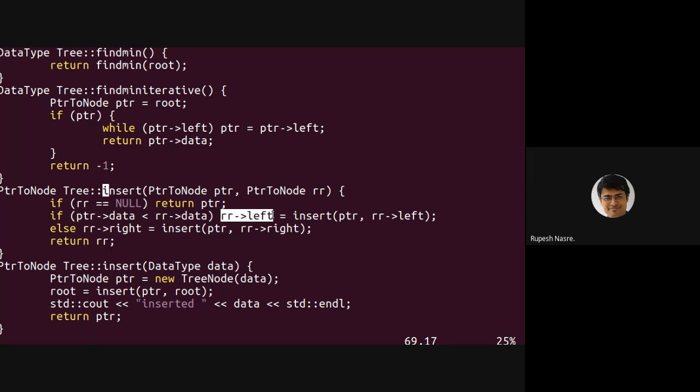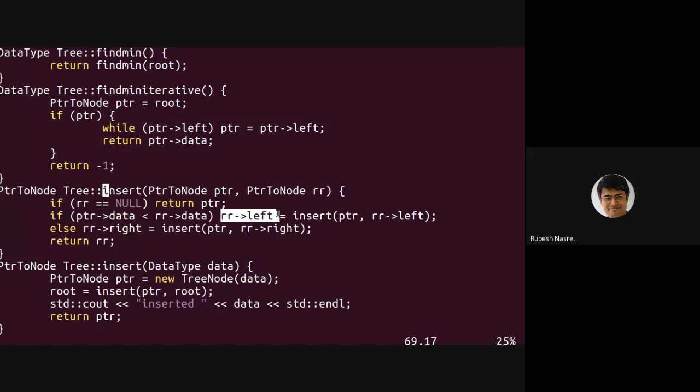So first time root arrow left is null, it is going to get the new value which is coming from ptr. If it is non-null, then it is going to get its own value. Right? So that should be understood, because this root arrow left becomes the new root. So that is what is going to get returned if root arrow left is non-null. Right? So that is what insert is going to return. So this will assign its own value to itself. Right? So first time root arrow left gets the new ptr value when it is null. When it is non-null, it is going to get its own value, because the root arrow left is not going to change. Right? So that is a little clumsy part, but I hope you get it. If you have any issues, please feel free to ask.